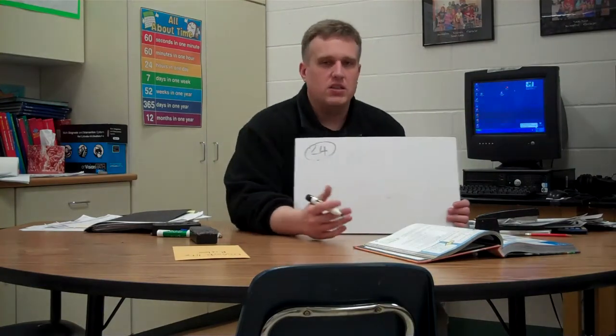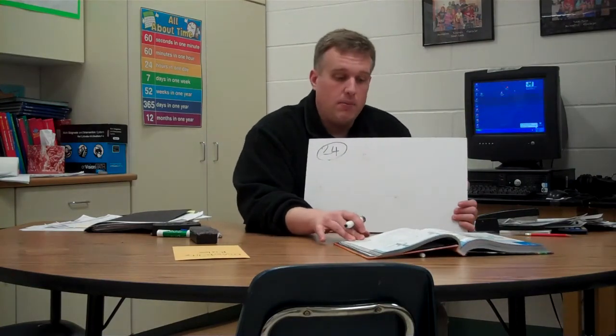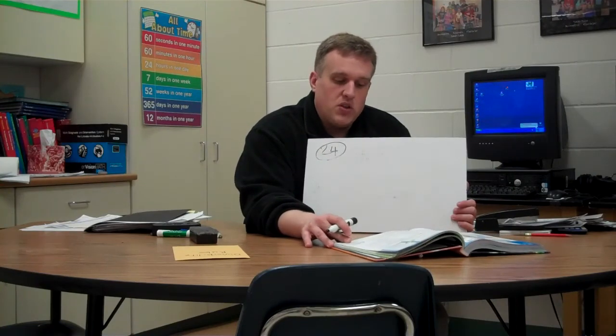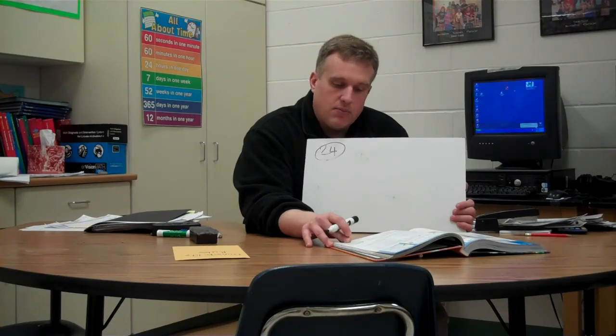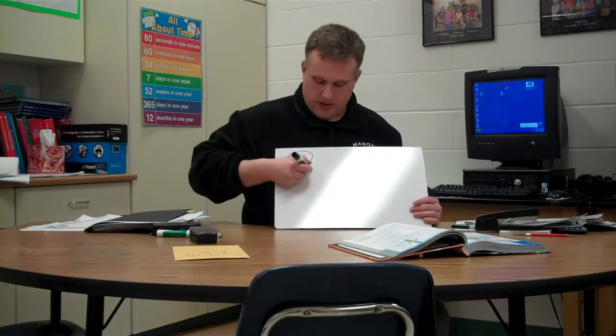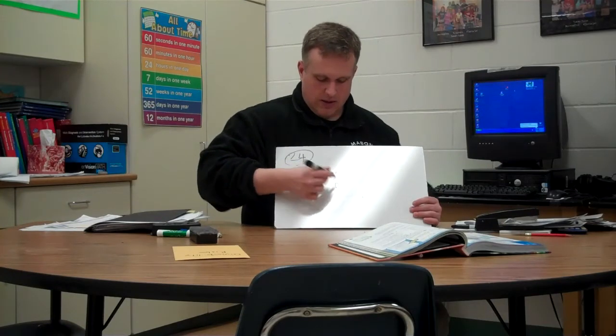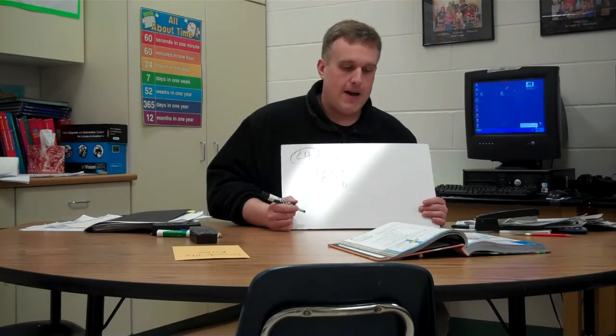Let's look at number 24. Okay, guys, it's the same thing we're doing here. It's just in a word problem. It says about 16% of the total U.S. land area is in Alaska. Write 16% as a decimal and as a fraction in simplest form. Okay, so again, they're giving us 16%. They want us to write it as a